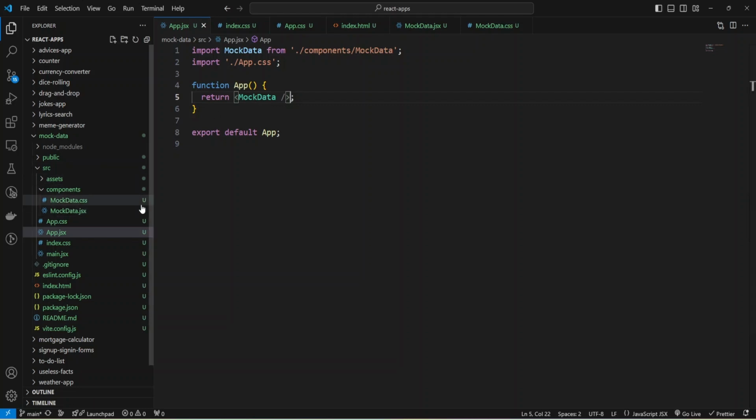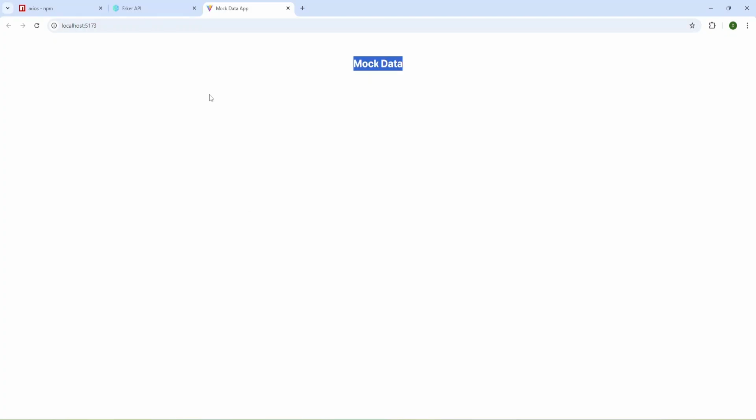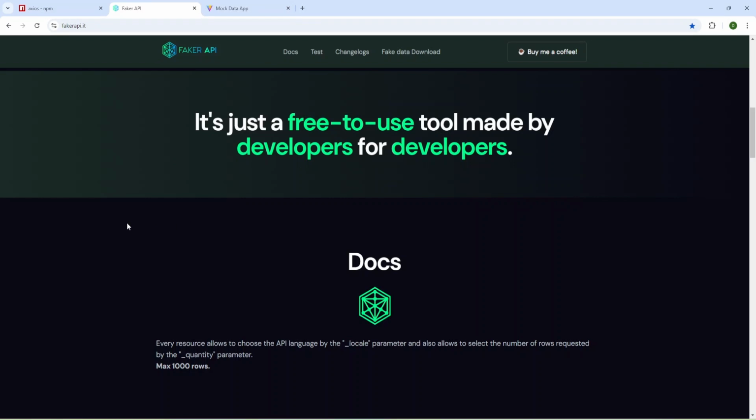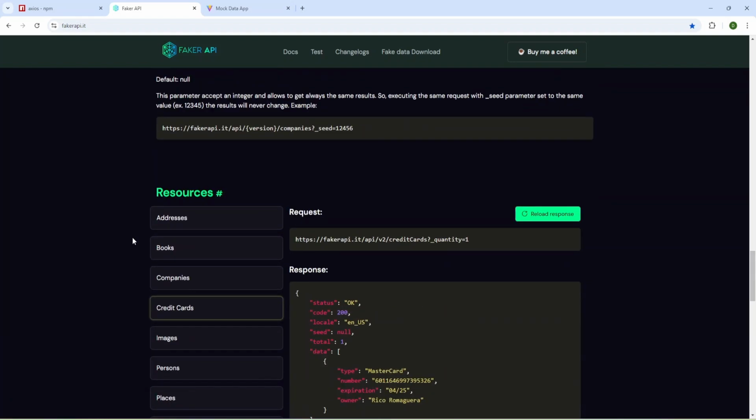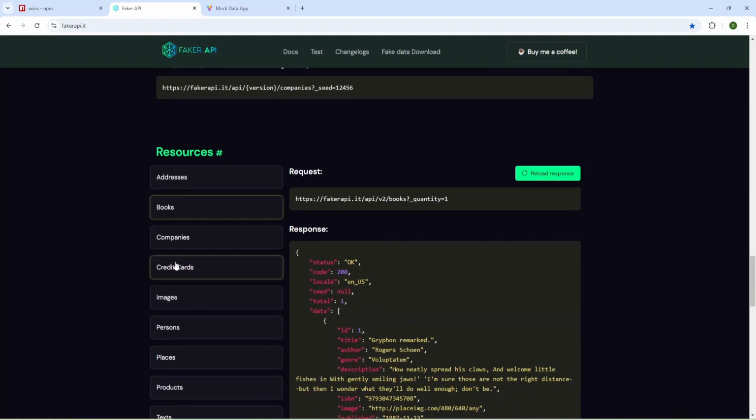Now I'm going to show you the Faker API, and you can check the docs. I'll provide the link to this API. As you can see in the docs, we can make requests to retrieve some fake books, companies, images, persons, and I'm going to use books and persons.